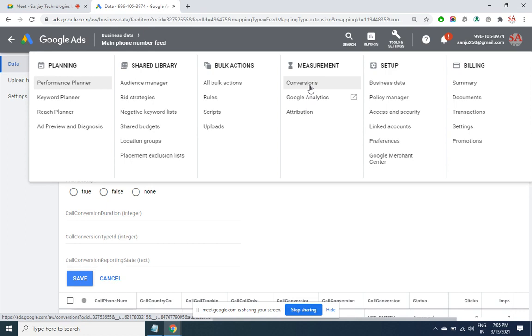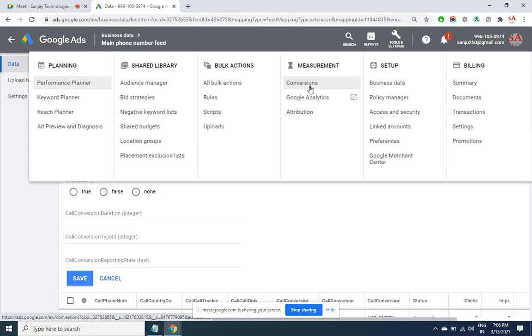That submit button of the inquiry form will be active only when all the fields are filled. That my developer has done in my website. Submit will be possible only when all the fields are filled properly. That means I am not paying Google for some blank submit buttons. So your developer has to do that design part. And then once that is there, I'll tell Google that however many people are seeing the ad and then clicking the submit button, both these things should happen. They have to see the ad in Google and then they have to click the submit button in the inquiry form. I am going to pay you accordingly.